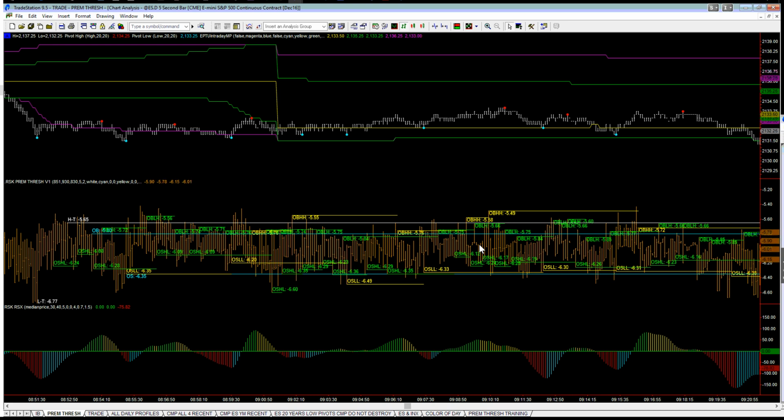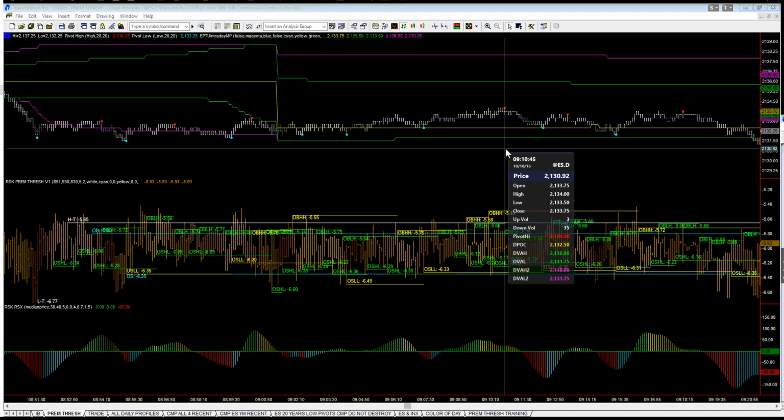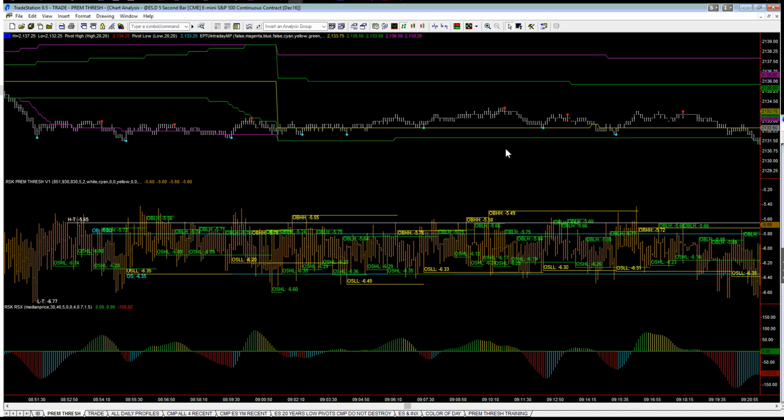But then almost immediately thereafter, we get this fairly significant drop in the premium right there. There is your overbought condition that really results in a sell opportunity. Now, you don't see it as that. You don't see this as an OS, or pardon me, an OB situation, because the HT level